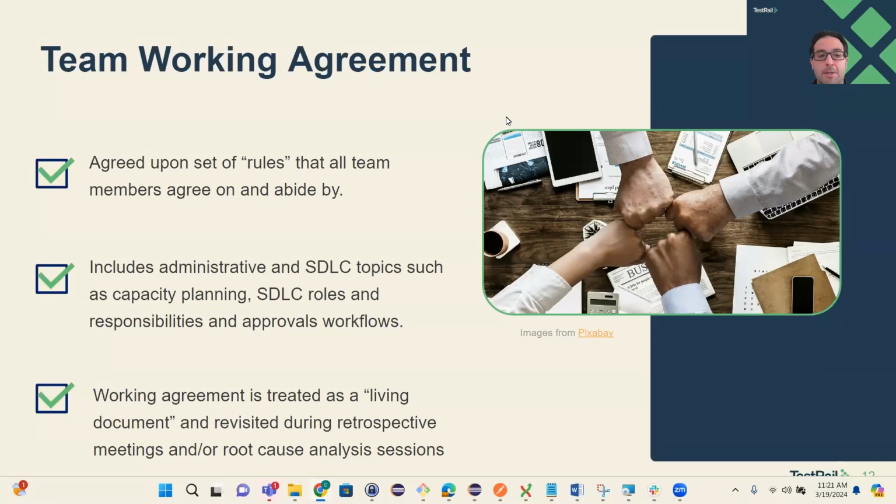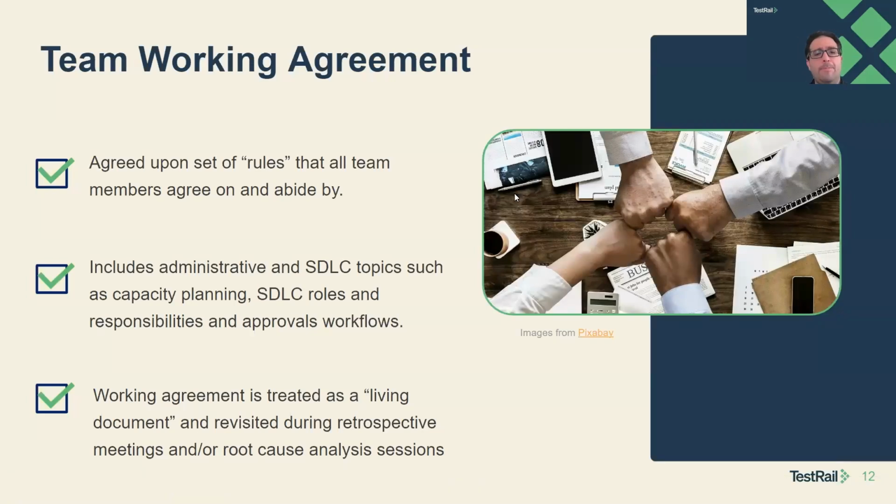And in most cases, this is not something that the leadership team sets. It's part of how the team grows and matures, by defining these collaboratively: here's how we're going to work. And this could be very simple administrative things, all the way to SDLC related topics, to roles and responsibilities, to how we do approvals, workflows, to how anything with work is done. So the more that you can define in general is, from my experience, the better, to alleviate vagueness on how the team is meant to operate.